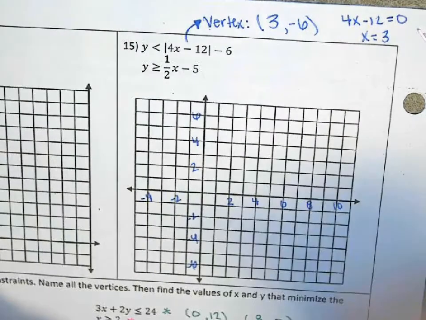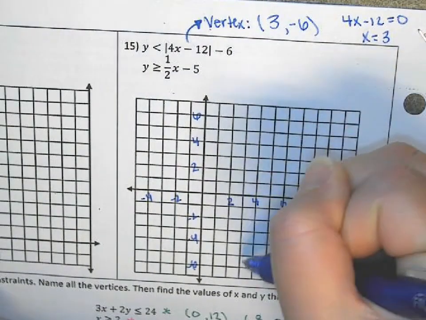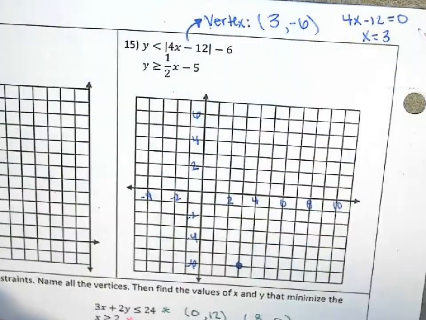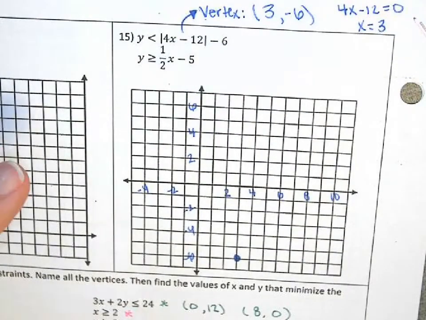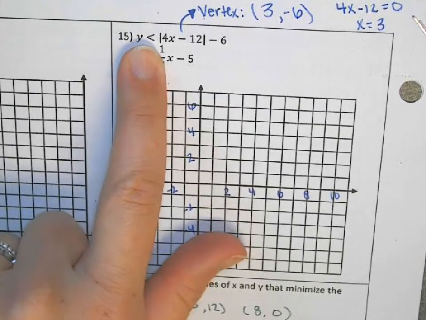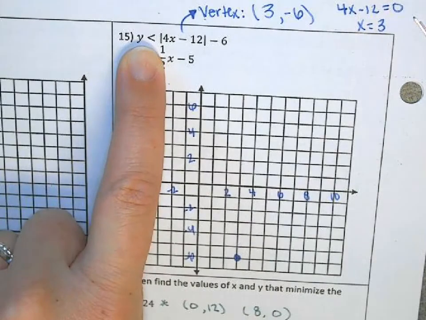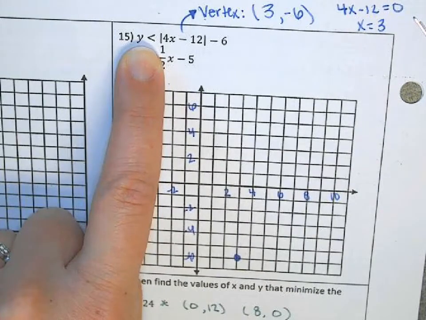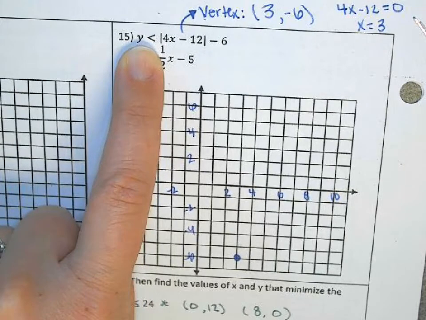I'm going to plot the point 3, negative 6. Now that's my vertex. And I said I have to have a V, correct? Okay, now is that V going to be going up or is that the top of a mountaintop? This one's a V. How do I know that's a V? There's no negative in front of the absolute value sign. Remember, if that's a negative, that's the only way it could be an upside down V or mountaintop. Okay? So, if that is a regular V,